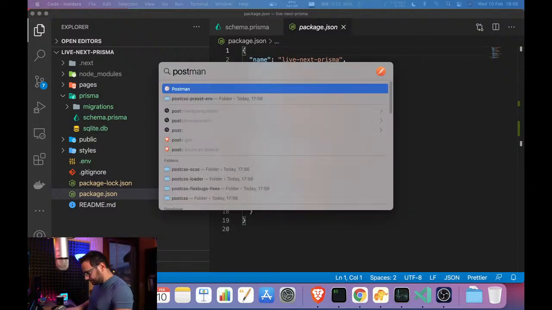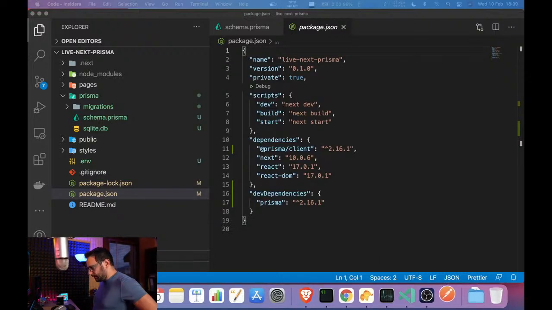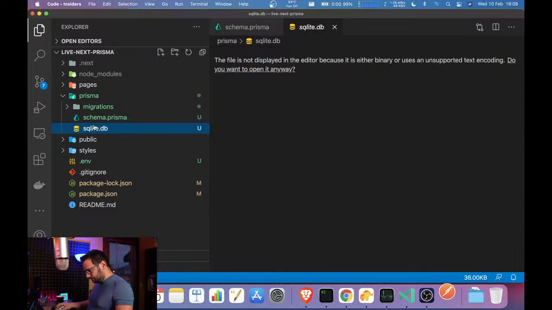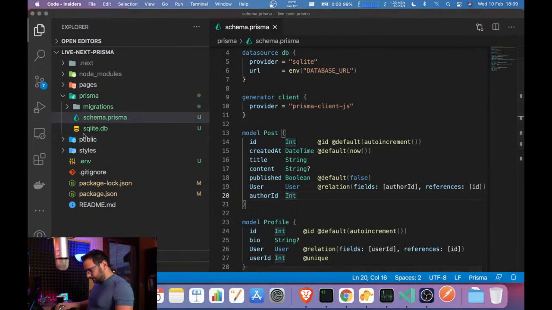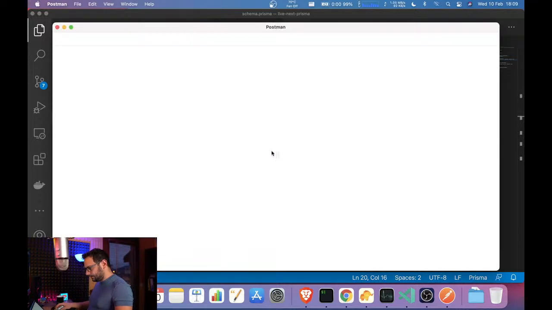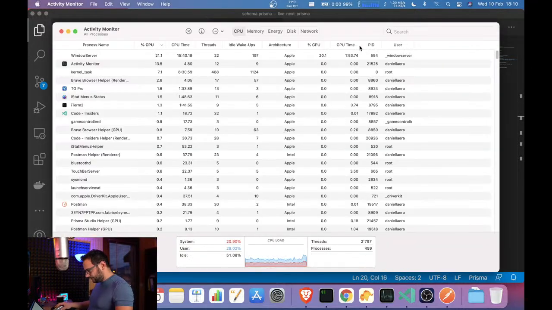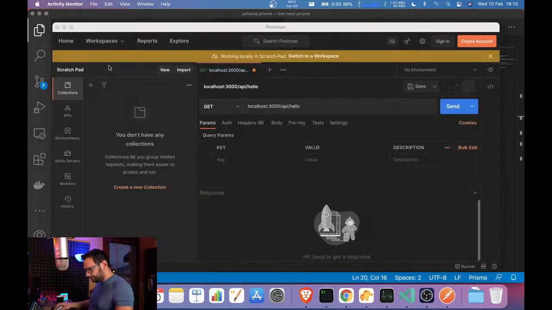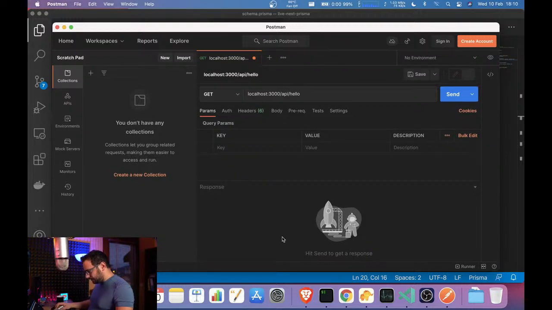I also want to open Postman. Did he do the update, this guy? No, it didn't restart. Kind of interesting to open this locally, but it's pretty heavy, this one. Just waiting for the optimization. I don't think this is optimized. No, it's still for Intel. All right. Yeah, successfully updated, but man, I need the native one.